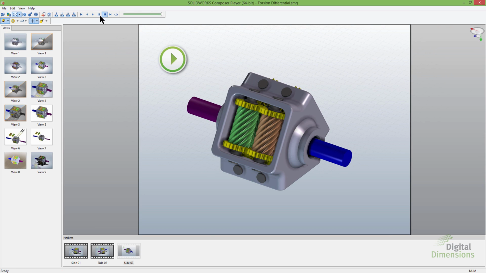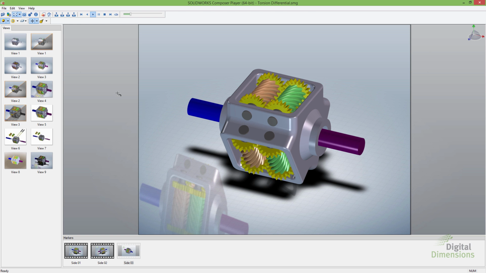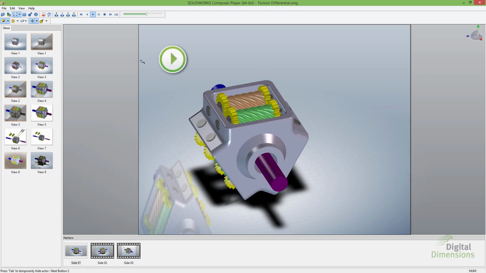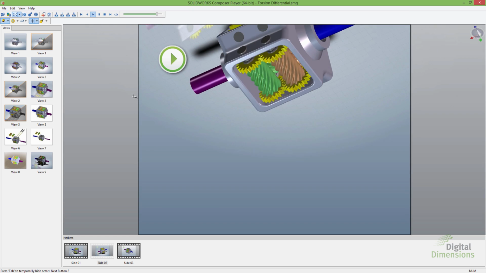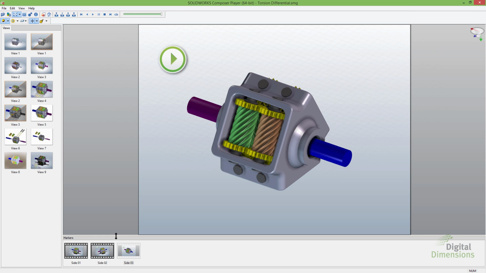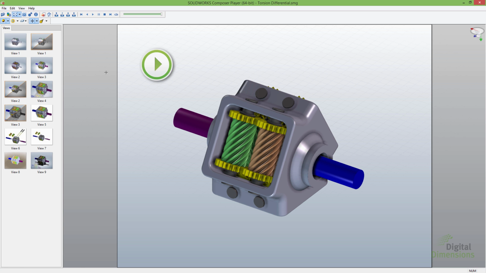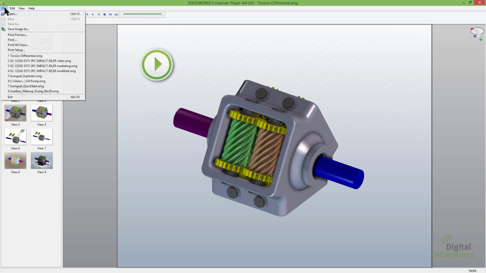In fact, if I play this from beginning, you'll see that it'll actually work the way I intended to. So it was kind of cantankerous for the end user to have to turn off that replay every single time. See there, it stopped and it waited for me to hit the button to continue on. So the other thing down here at the bottom is the fact that the markers are showing. So I'm going to right click and turn the markers off, and I'm just going to close Composer. I don't need to do anything, so I'm just going to go exit,